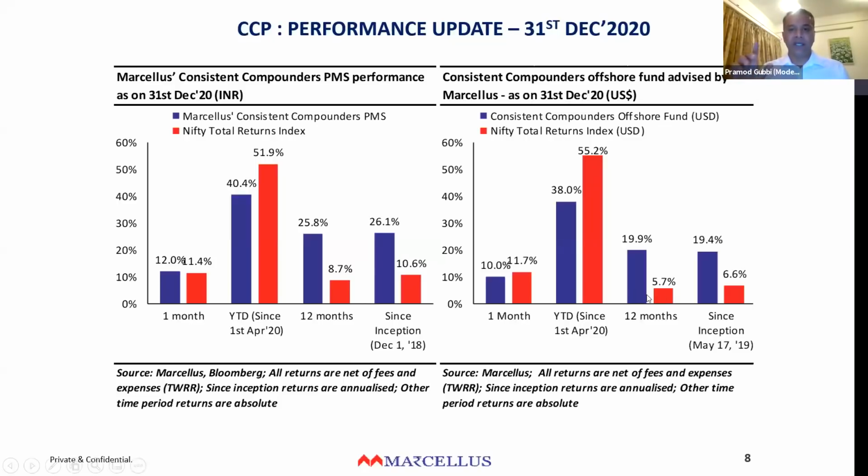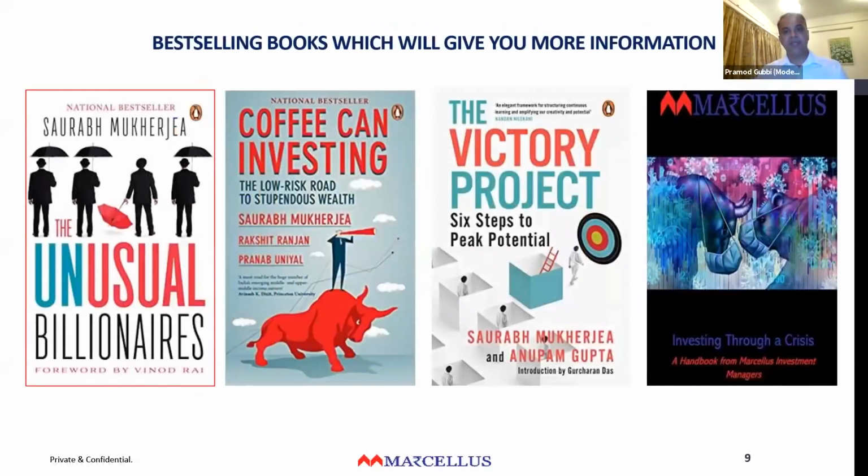Just to clarify, we did introduce STP, right? STP was an option we provided to clients, which is different from SIP. The STP allows investors to deploy their first 50 lakhs itself in a staggered manner. And here again, we reiterated in the webinar where we introduced STP that this was not our preferred way. Our preferred way is, if you've got 50 lakhs to spare, why put 40 lakhs of those in a liquid fund? Put all 50 lakhs in an underlying portfolio like CCP. Therefore, you are putting your money to work as quickly as possible. Let the money work for you rather than let it lie in a liquid fund.